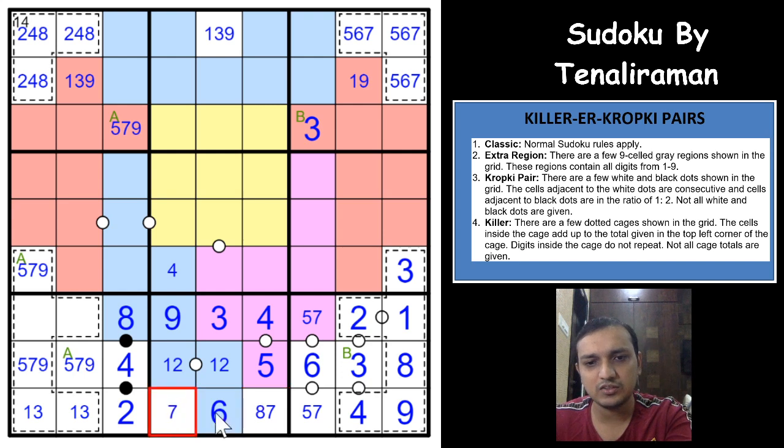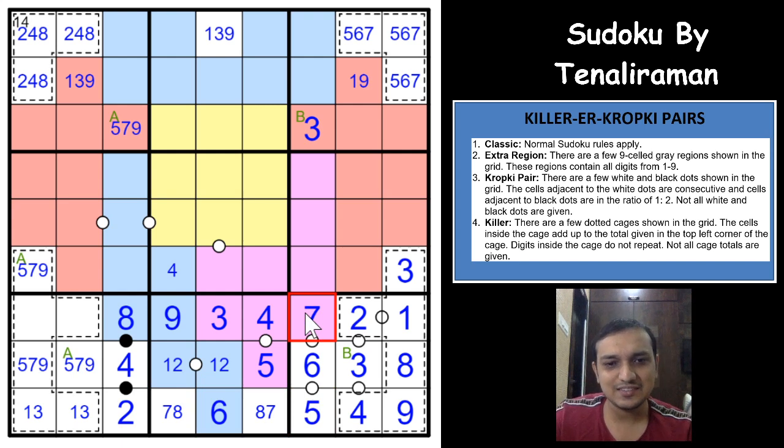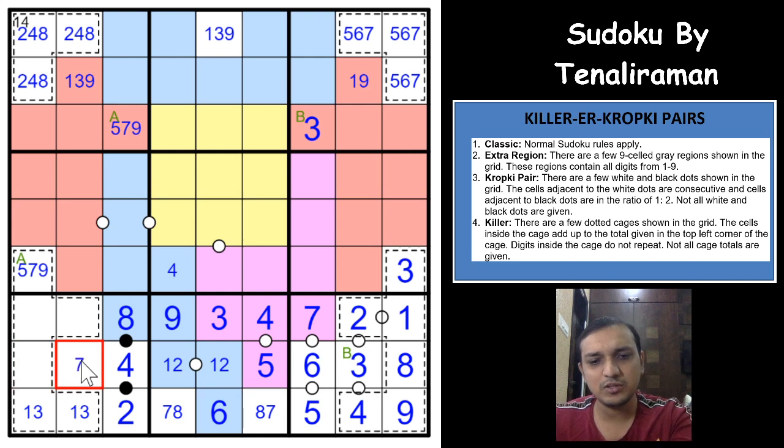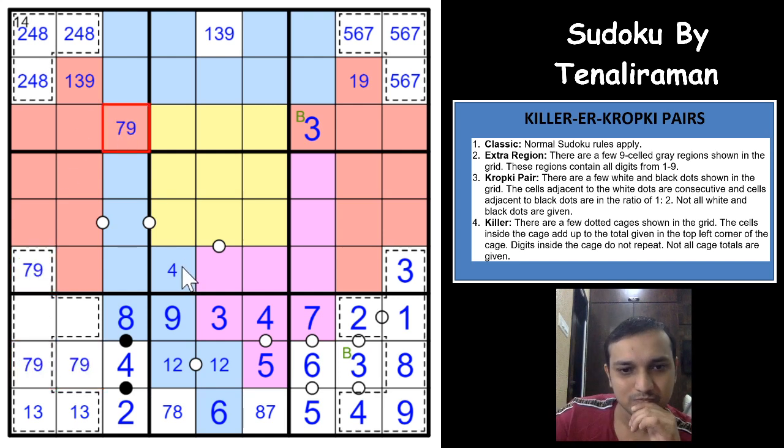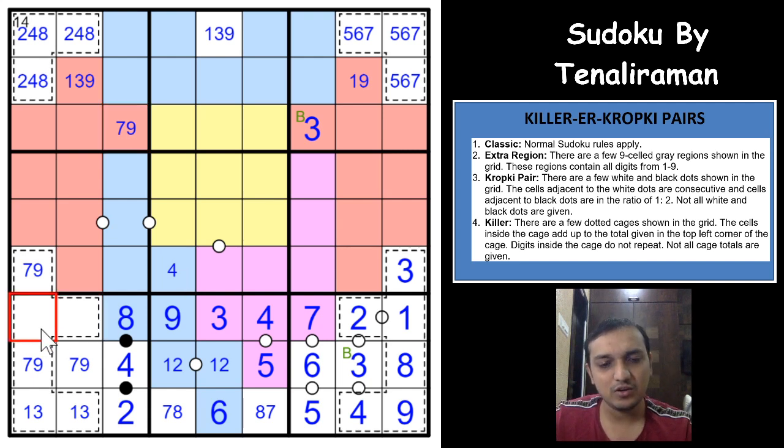So this would have to be 8, 7, 8, 7. So this is a 5 now. Excellent. So this is a 7 now. What an excellent construction this is. So this 5 eliminates 5 from here, and this would have to be a 7, 9, 7, 9. So this is a 7, 9, and this is a 7, 9 now. And these 2 digits are 5 and 9, right? Oh, sorry, 5 and 6. 5 and 6 in these 2 digits.